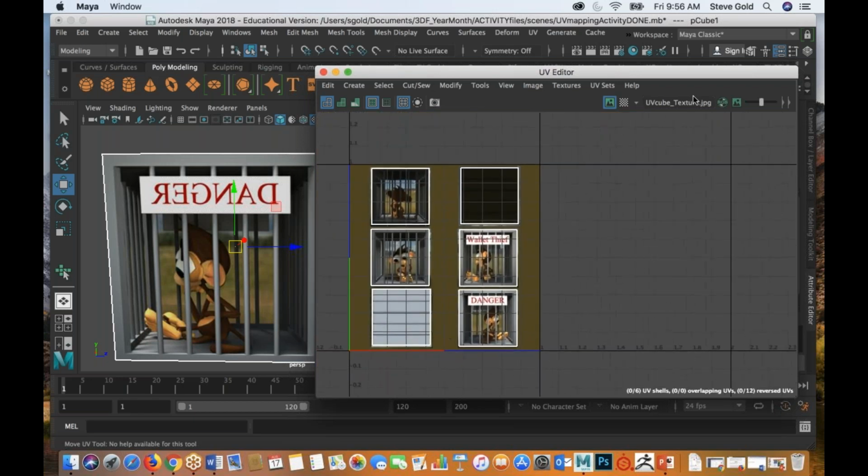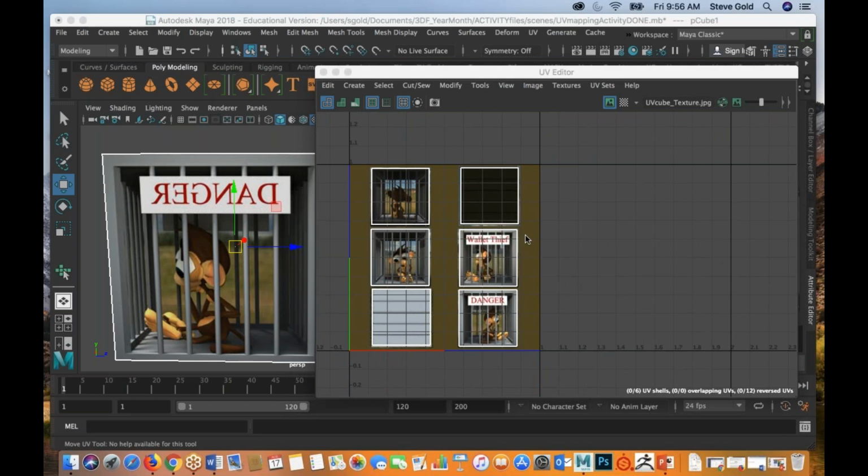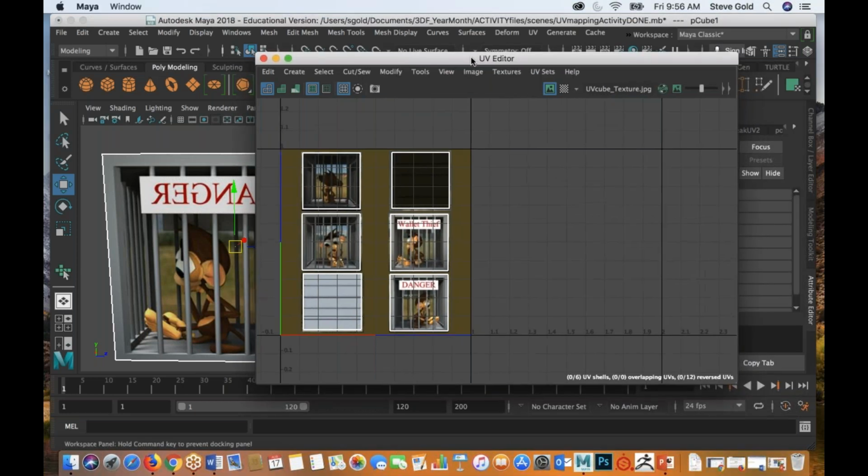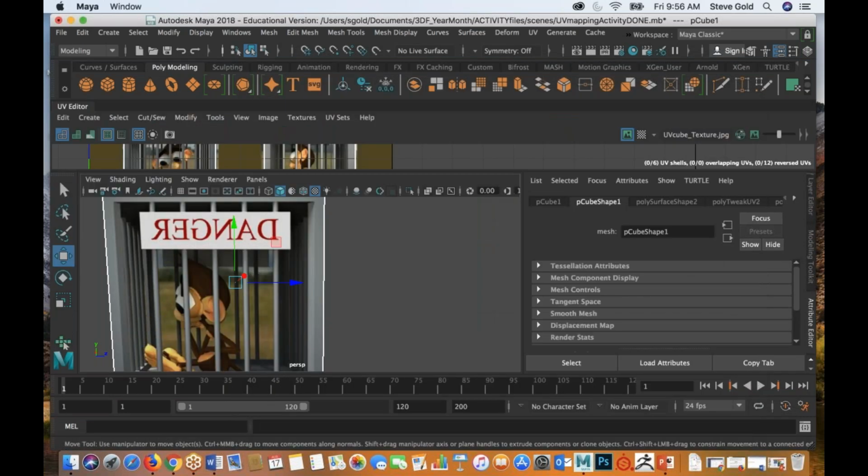Now, the cool thing is it's actually super easy to fix. But the big thing is, how would I know unless there was text if my shell was upside down? Like this one could be upside down and I would never know because there's nothing in there to really indicate that. So here's what we have to do. We have to tell Maya to tell us if any of our shells are upside down. And the way we do that